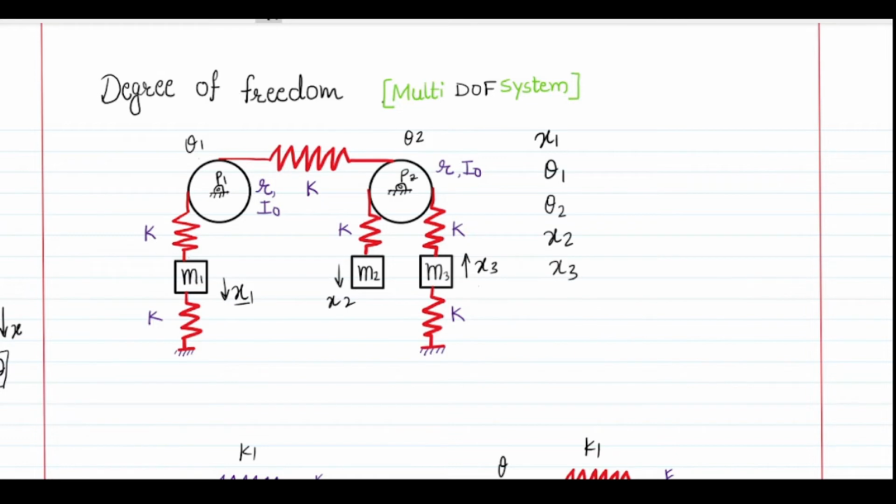With this calculation, I can write that the given system has five independent coordinates to define the entire motion. That means the degree of freedom of the given system is 5. I hope that now you have a basic understanding of how to find the degree of freedom of this complicated system. In the second part of this lecture, we will take four different versions of the given system and find the degree of freedom.